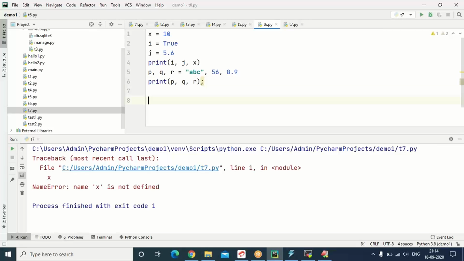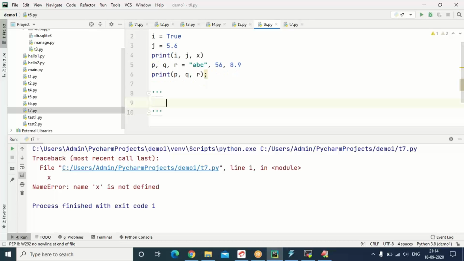In Java, how can we go for this type of statements? Let's go for int p comma q, p is equal to value, let us consider 12, q is equal to value, r is equal to value. And even printing also, it's not easy.